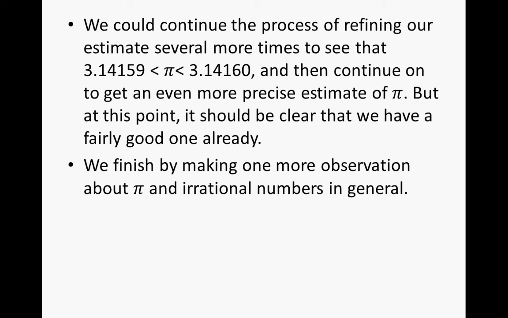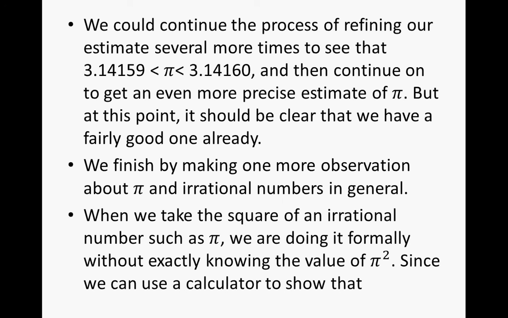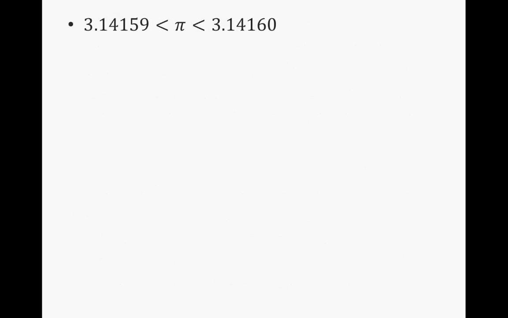We finished by making one more observation about pi and irrational numbers in general. When we take the square of an irrational number such as pi, we are doing it formally without exactly knowing what the value of pi squared is. Since we can use a calculator to show that 3.14159 is less than pi, which is less than 3.14160, then we also know that